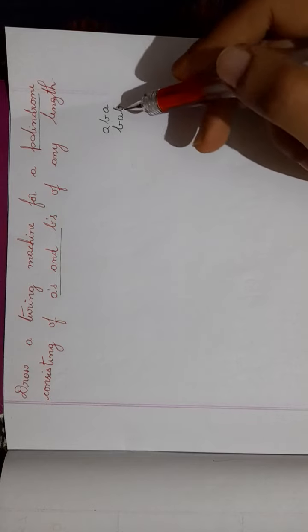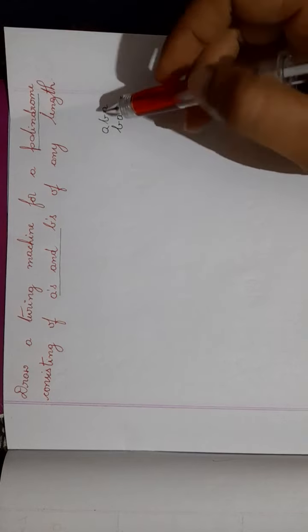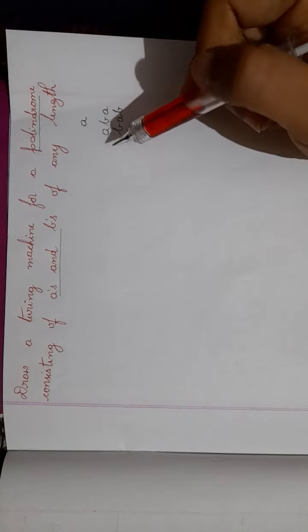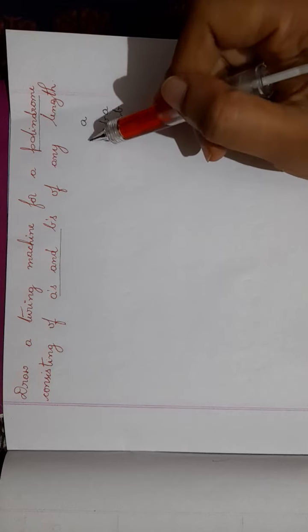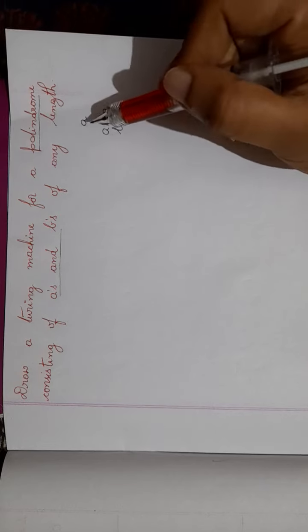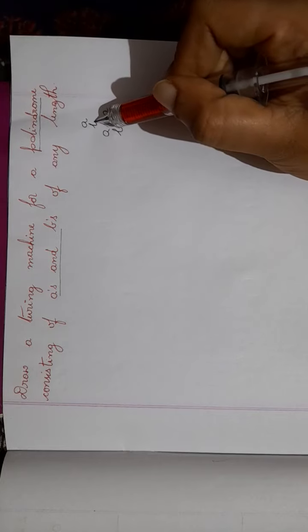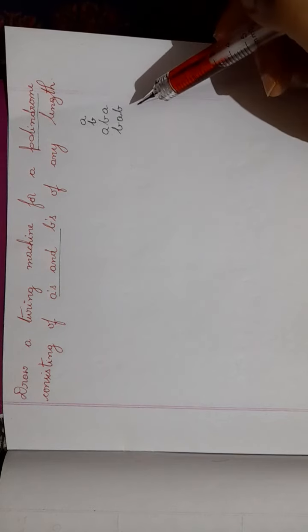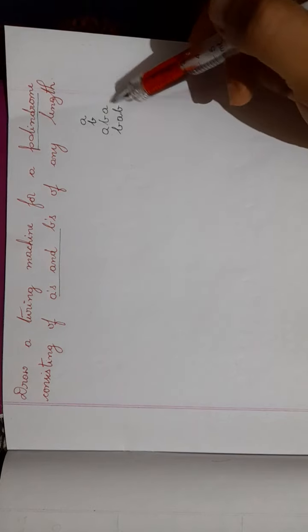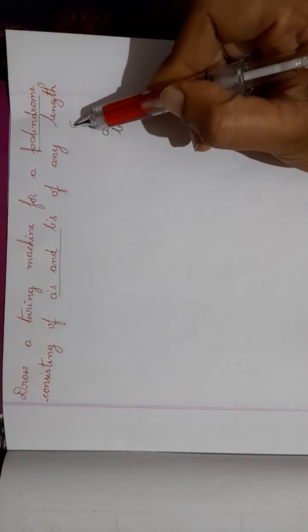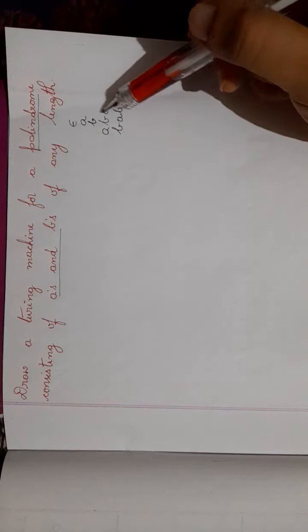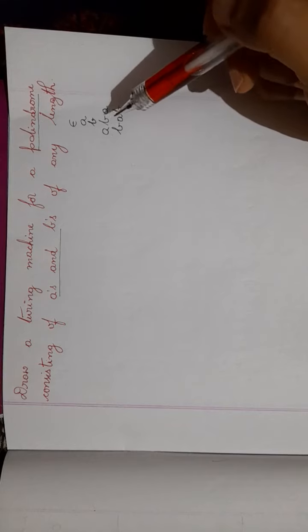I can also consider a single character, only A or only B. Even that is taken as a palindrome. Just A is a palindrome, because left to right and right to left it is A itself. If I consider only B, even B is a palindrome. So these are my base cases: A, B, A, B, A, B, A, B. If I don't want to consider anything, then it will be epsilon. So we shall draw a Turing machine considering these base conditions, and then it will satisfy the rest of the things also.